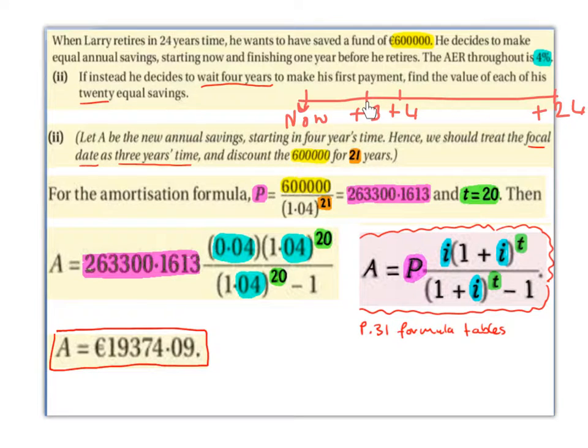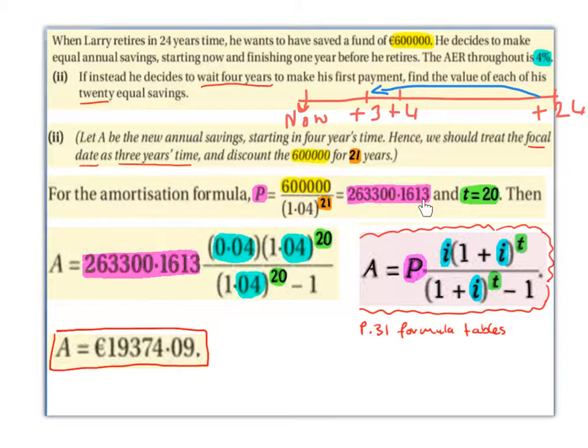And to get from 3 to 24, there's a difference of 21. But we're actually discounting backwards from 24 to plus 3, which is now the focal date. So we discount 600,000 for 21 years, because to go from 24 back to 3, it's a difference of 21. So for the amortization formula, P is going to be 600,000 divided by 1.04, which is the 4%, to the power of 21. And this gives us